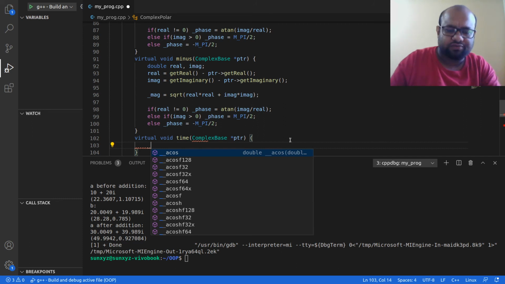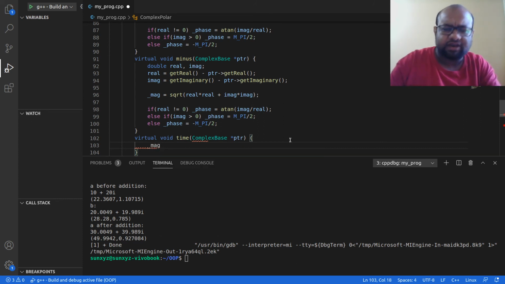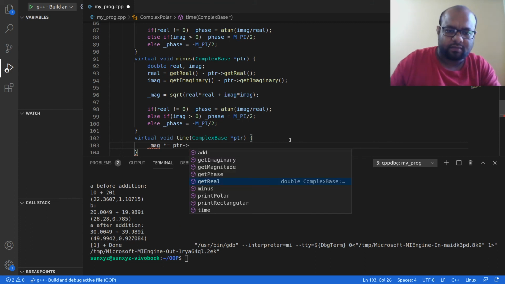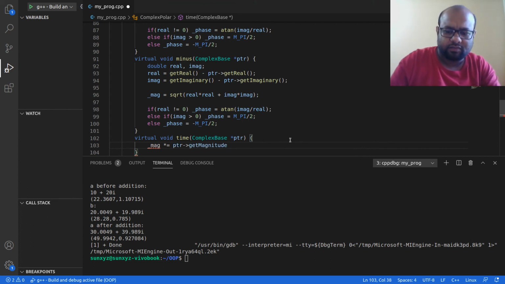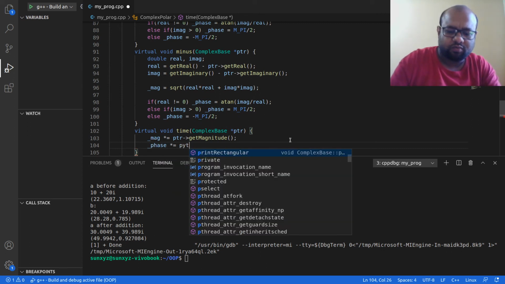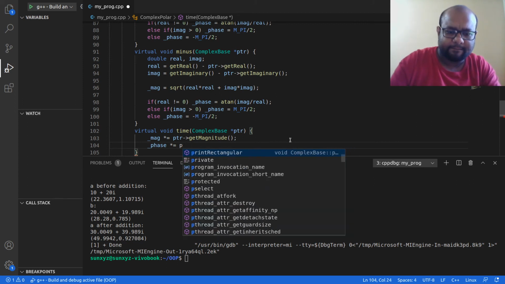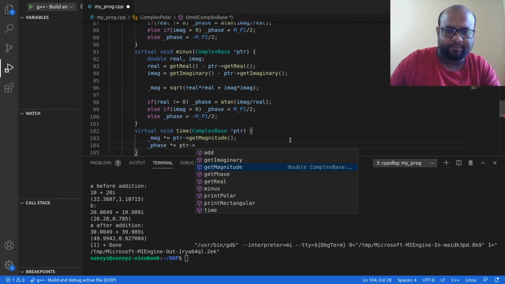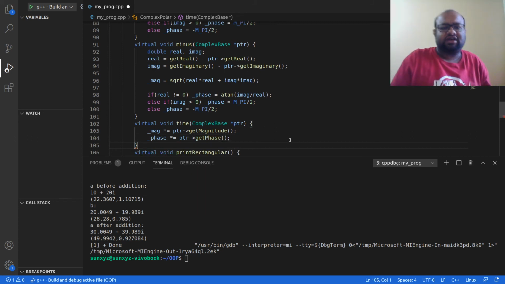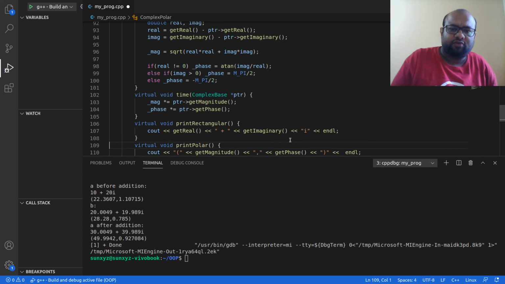I am going to update magnitude to be equal to magnitude times the pointer's magnitude, and phase is going to be equal to phase plus the pointer's phase. And this is multiplication in polar form.